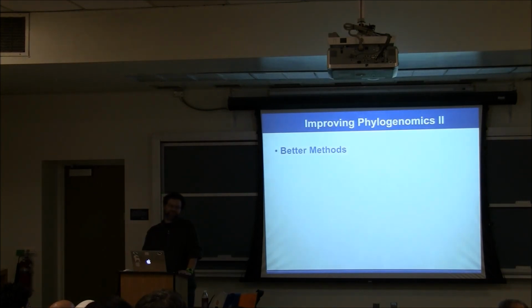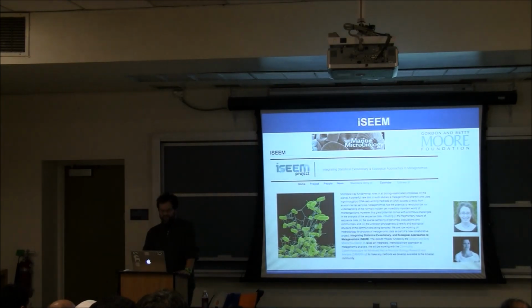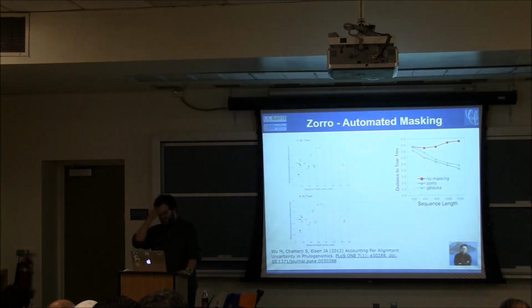The second thing that we've been trying, so sampling diversity is critical for making sense out of any of this environmental data. The second thing we've been trying to do is develop methods that take advantage of diverse genome sequence data and adapt our methods for analyzing metagenomic data. And I've sort of hinted at this before. We had a grant with Katie Pollard, who used to be at Davis and is now at UCSF, and Jessica Green, who's in Oregon, to develop these tools, funded by the Moore Foundation. And I'm just going to take you through a couple of these tools.